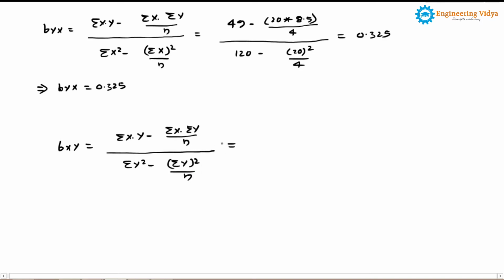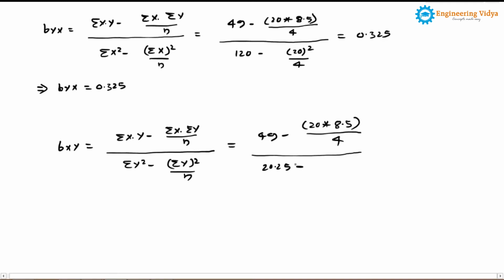So summation of x into y is 49 only, and 20 multiplied by 8.5 divided by 4. Then the summation of y square is 20.25